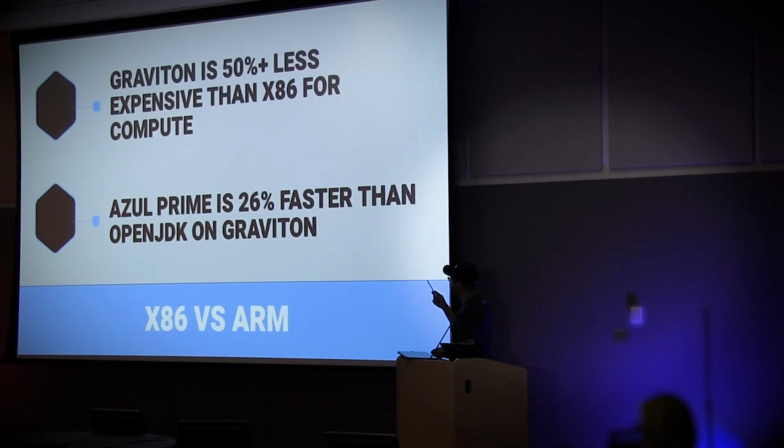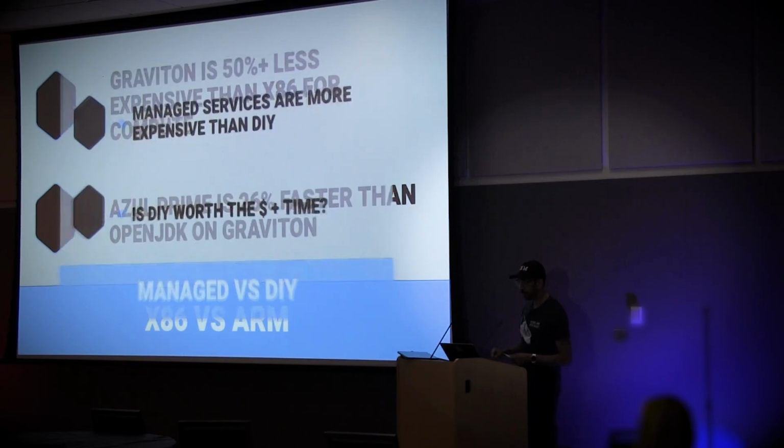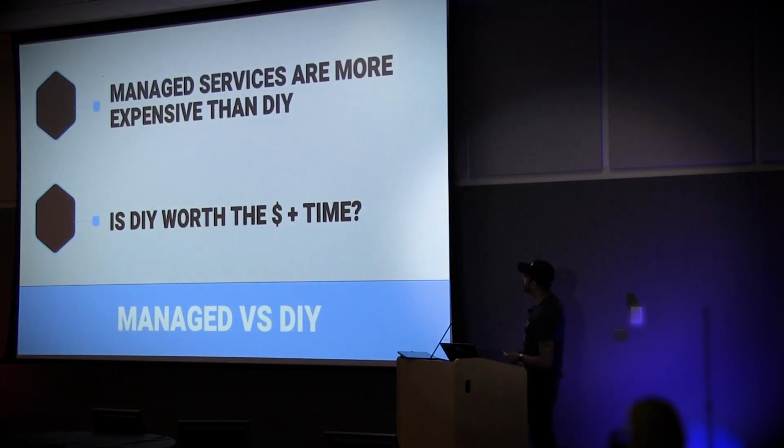And Azul also has a build for ARM64 for a high-performance JVM. So if you go to Graviton, boom, you're saving 30, 40, 50% right off the gate. And if you use Prime with it, you can actually save an extra 25% in compute power because, again, our high-performance VM is 26% faster than OpenJDK on Graviton. And that's because of all the low-level ARM64 improvements we've made in our code. Okay? All right, so one last thing I want to talk about very quickly is some of you may be